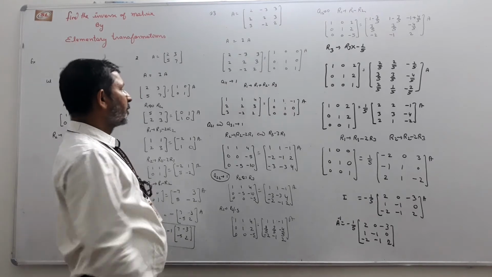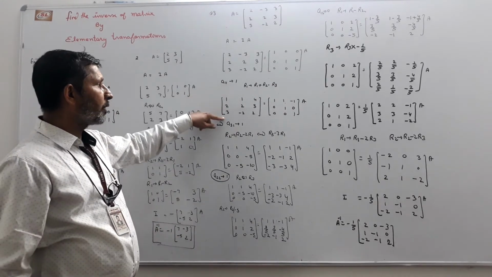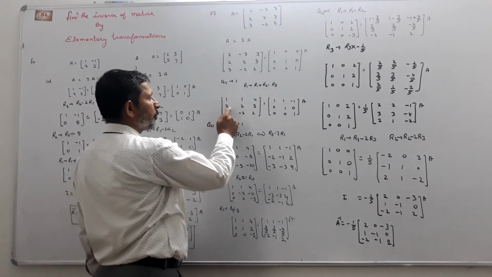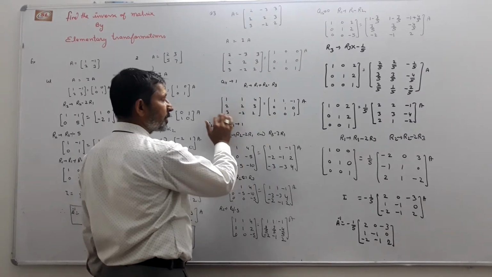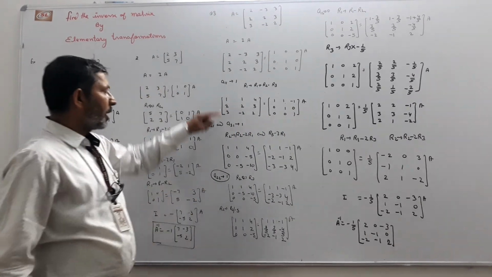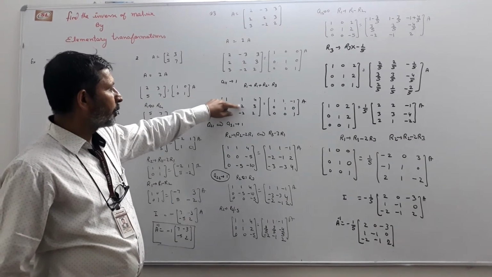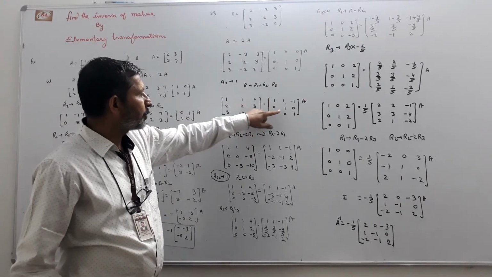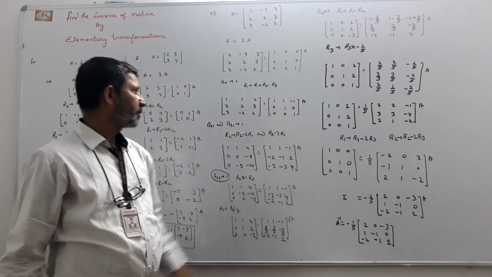After this, now we change all the elements of this column to 0. So we can change to 0: in R2, R2 minus R1, and in R3, R3 minus R1. This operation is applied on both the sides. In R2 minus R1, 2 minus 2, 0. 2 minus 2, 0. 3 minus 8, minus 5. 0 minus 2, minus 2, 1 minus 2, minus 1 and 0 plus 2, 2.